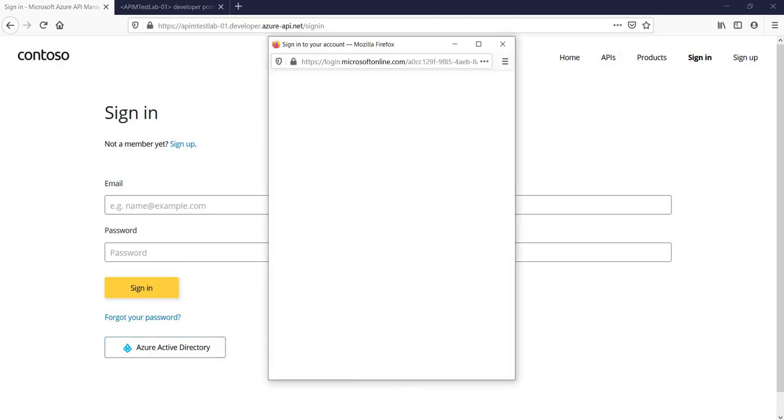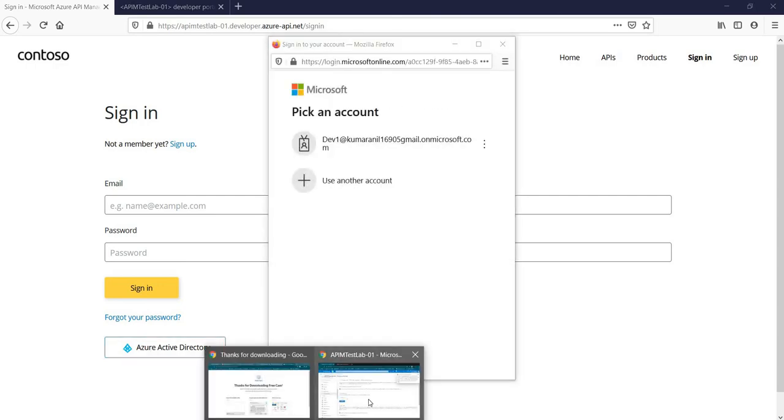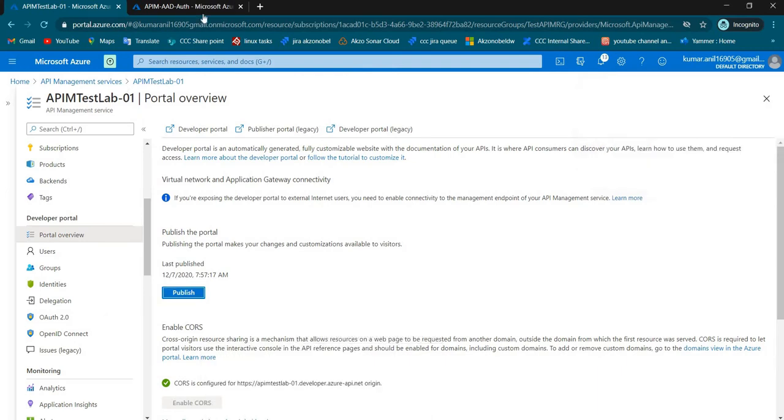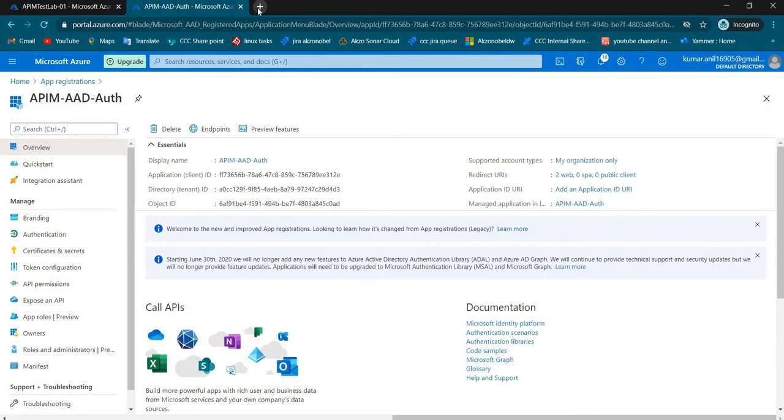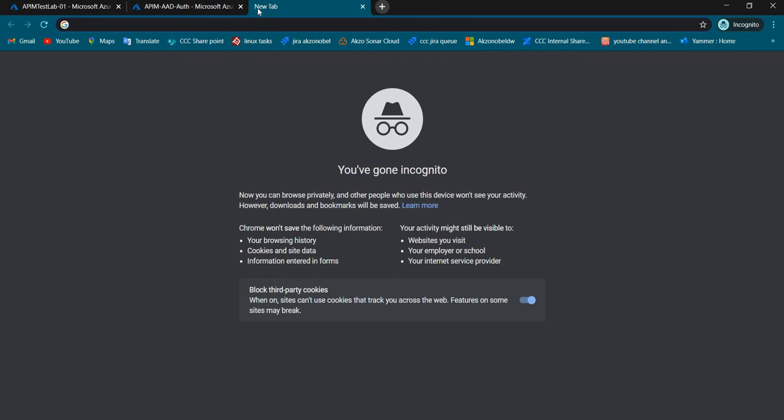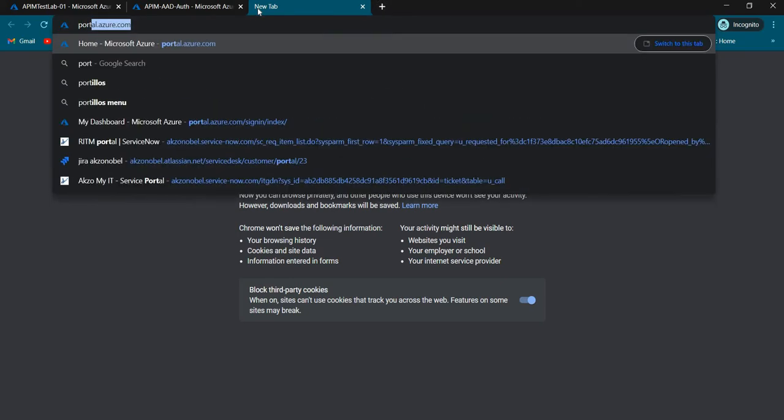Let me show you one thing, what all are the users available here. I have created two users under Active Directory, but usually if your organization is connected with on-premises Active Directory, then you no need to check this, because once a user is created on on-premises AD, obviously the user will be able to log in here. For a demo purpose, I have created two users and am testing the same.